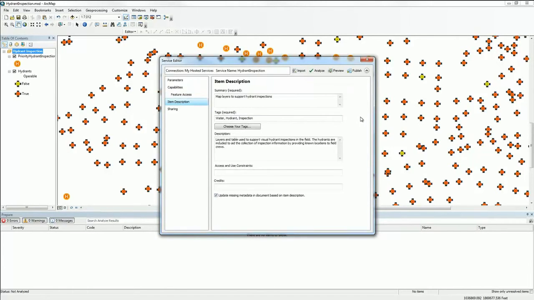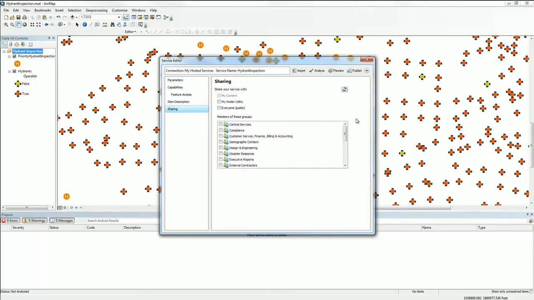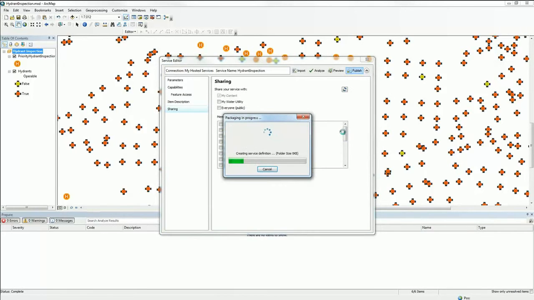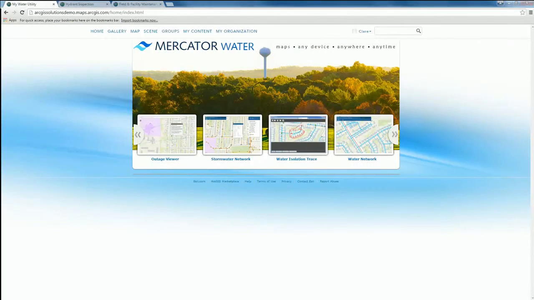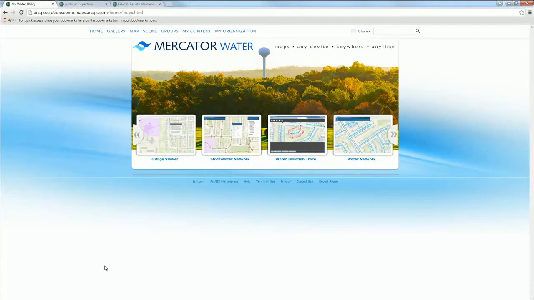You'll notice that my item description has been automatically filled out. This is done by using the map document properties of my hydrant inspection MXD. Finally, within the service editor, I'm also able to select groups within my organization to share this service with. Having published